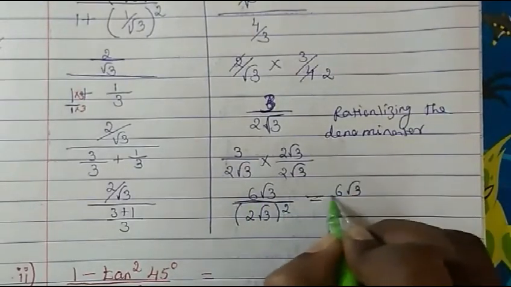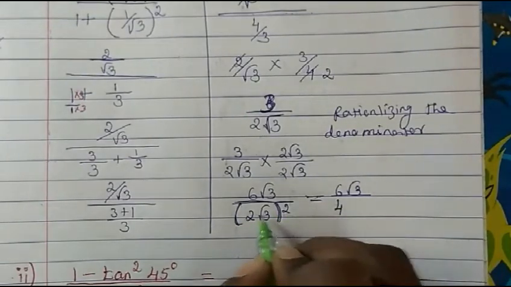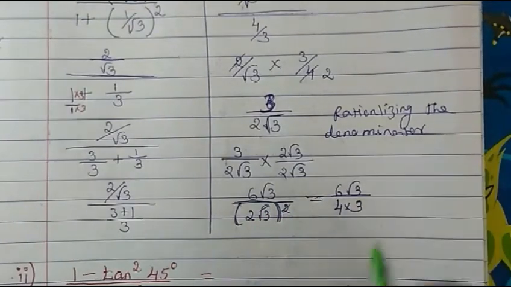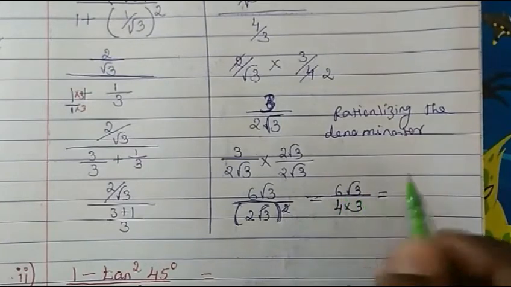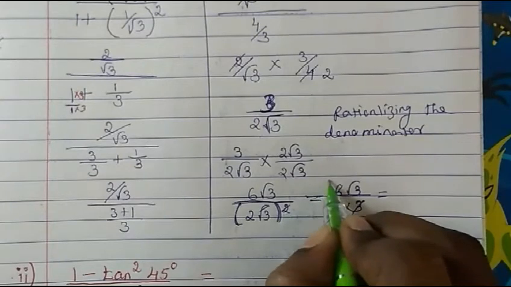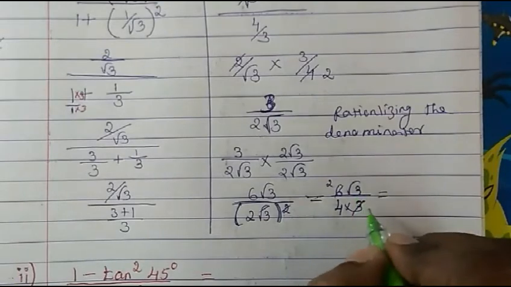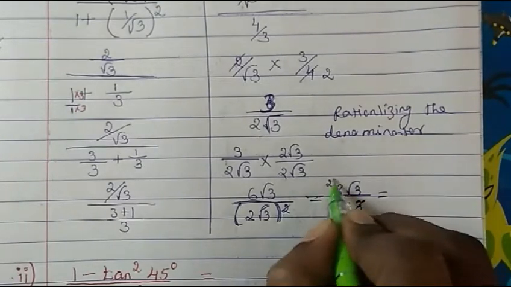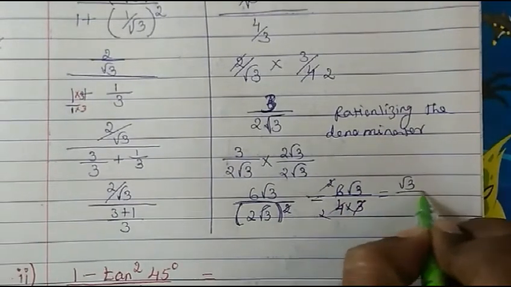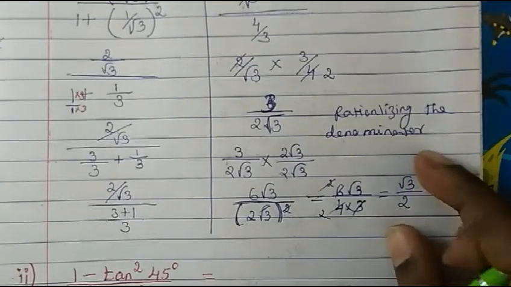Then what you will get? This 6 root 3. 2 square, this square is common, right? So 2 square will be 4. And into this root 3 square, I told you, square goes means root also will go. So then we will get 3. So that will give us what? This still you can simplify further. 3 1 time, 2 times 6. So now we will get here again 4. So 1 times 2, 2 times 4. So then we have root 3. Then you have 2 left here. Okay. So now more than this now we can't do anything.